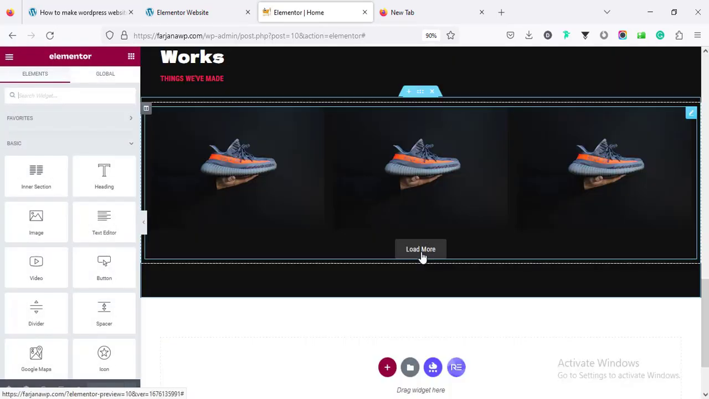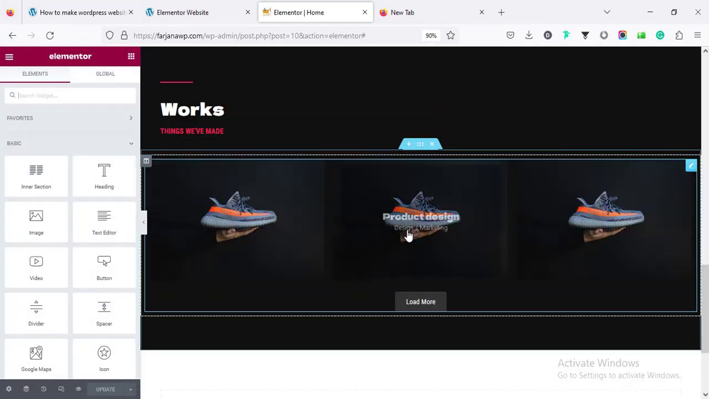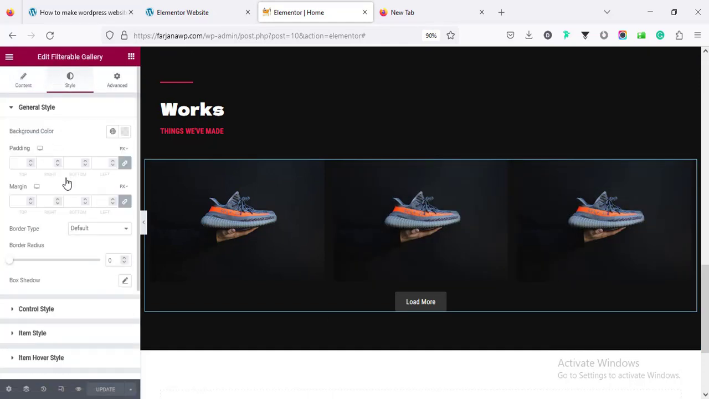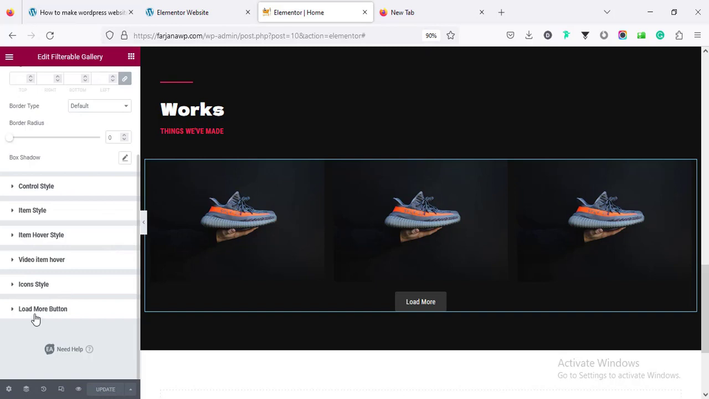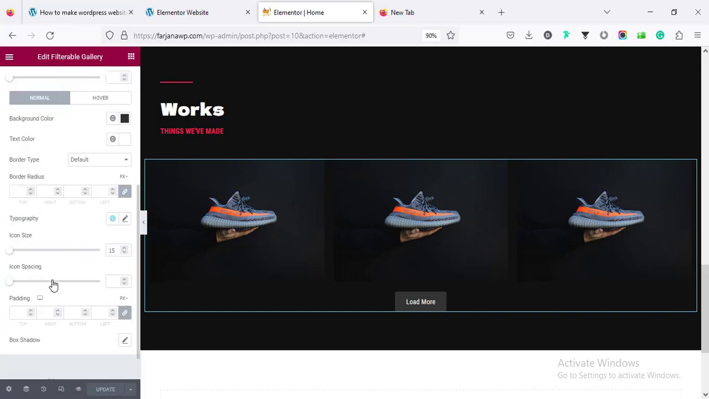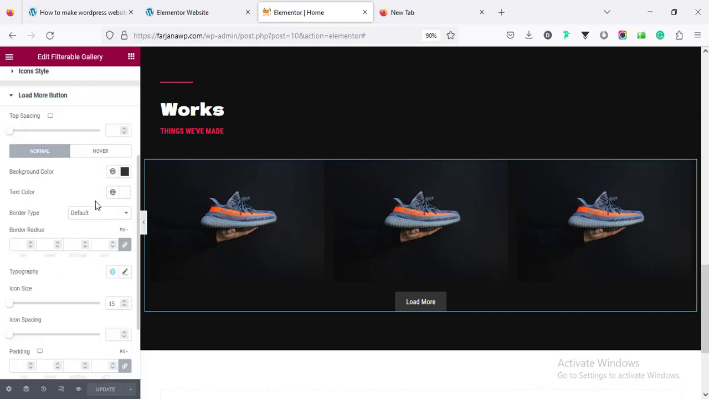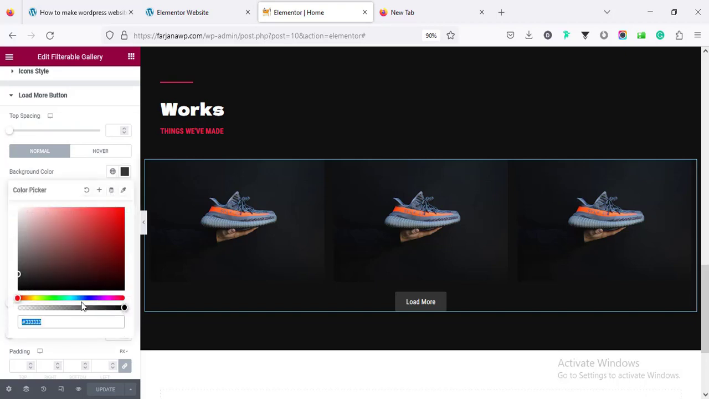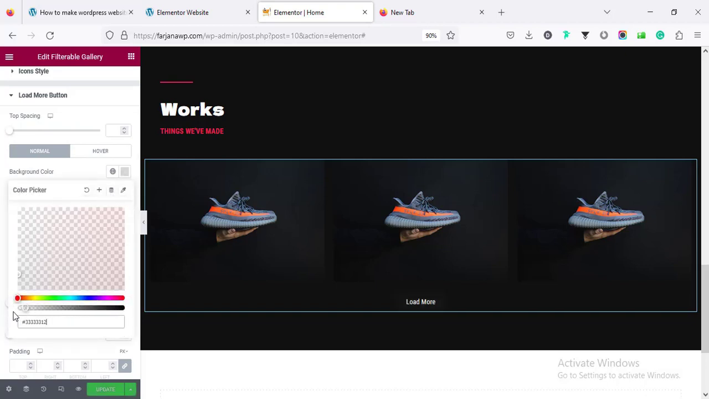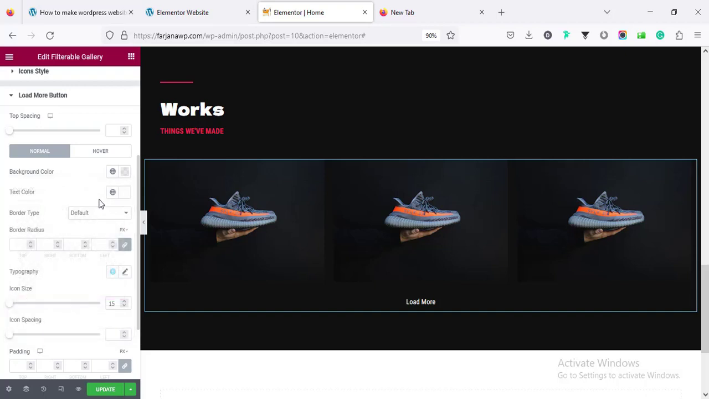Again going here, and now adding some style for this load more button. Going to style tab, and if I scroll down, here is the load more button. I'm adding the same style for all others button. Background color I am making it to transparent, and